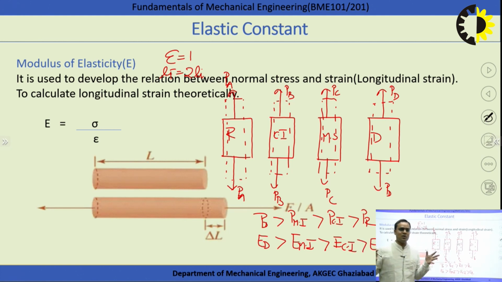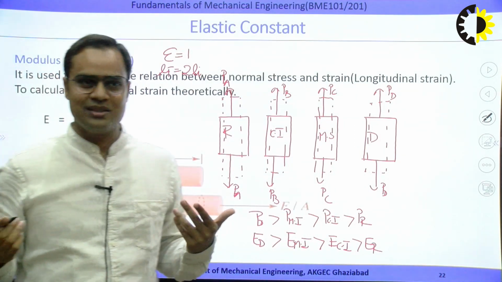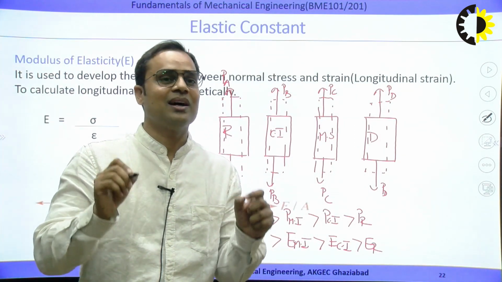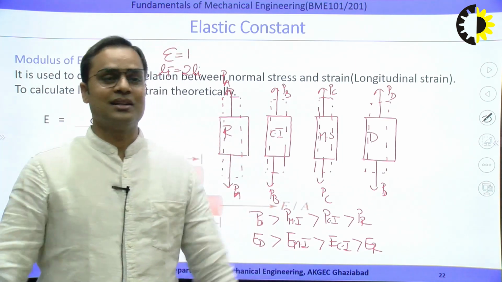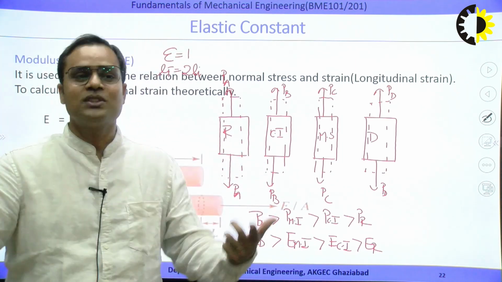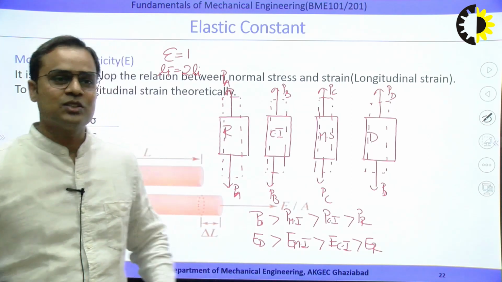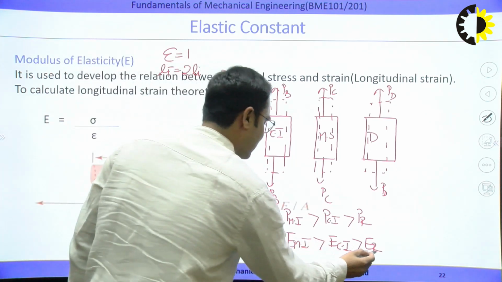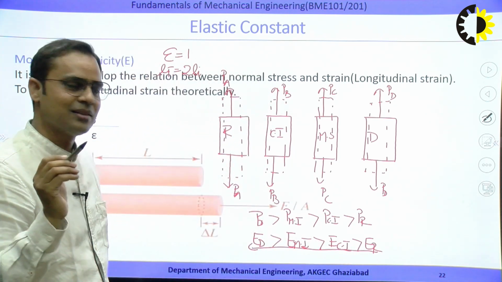So simply we can observe here which material is more elastic. Diamond is more elastic. Why is the diamond more elastic? Because it offers the maximum amount of resistance against the deformation. More force is required to cause the unitary strain. So that's why a material having the more value of E is the more elastic. So as per the